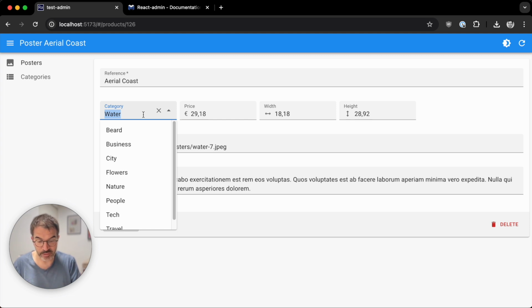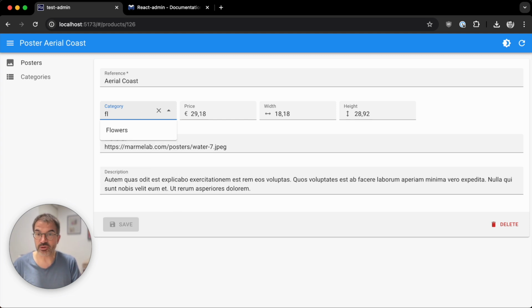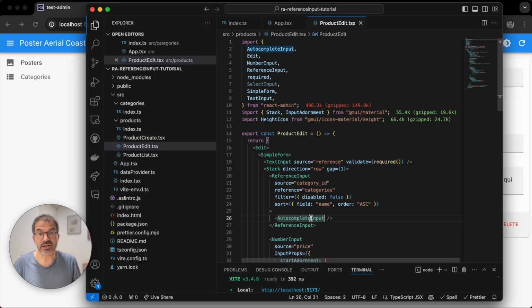So if I type FL, it will only show flowers, and then I can select the flowers. And I also have this reset button here. So it's up to you whether you want a select input or an autocomplete input. For large lists, an autocomplete is preferable. And in fact, autocomplete input is the default selector for reference input.